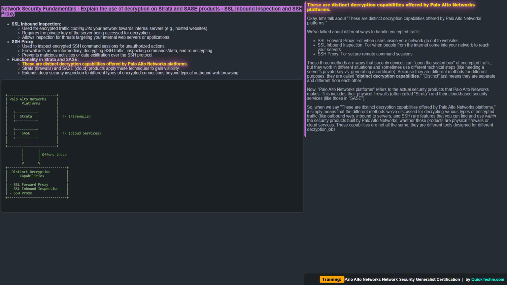Because they are different methods for different purposes, they are called distinct decryption capabilities. Distinct just means they are separate and different from each other. Now, Palo Alto Networks platforms refers to the actual security products that Palo Alto Networks makes. This includes their physical firewalls, often called Strata, and their cloud-based security services, like those in SASE. So, when we say, these are distinct decryption capabilities offered by Palo Alto Networks platforms, it simply means that the